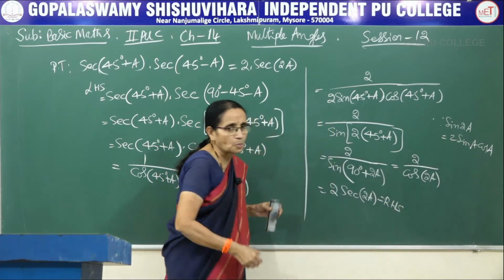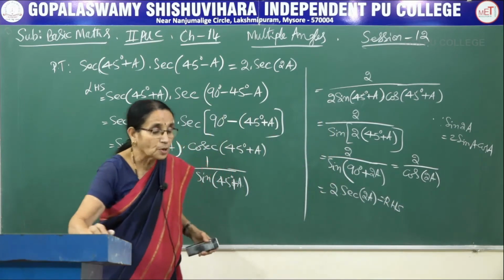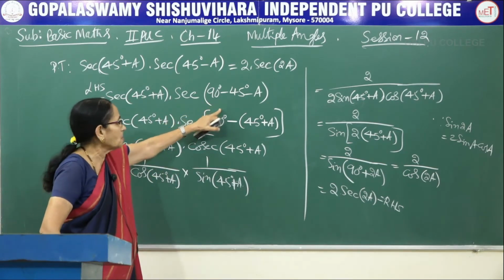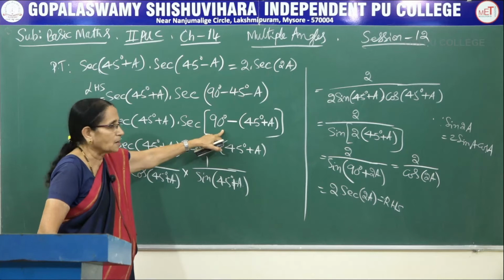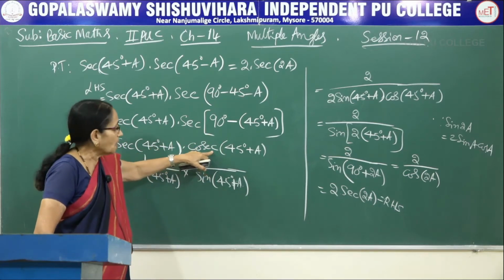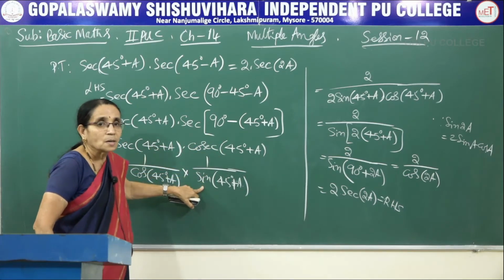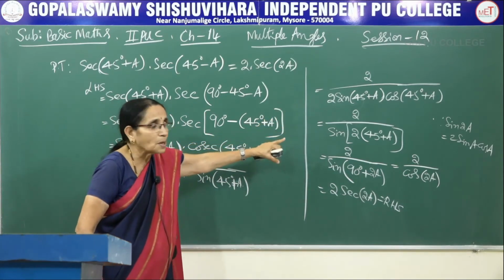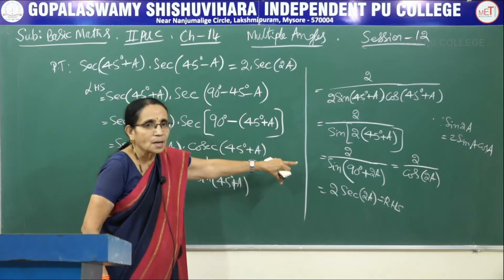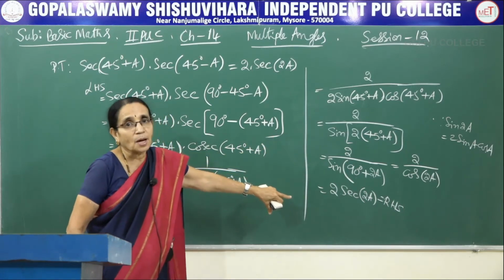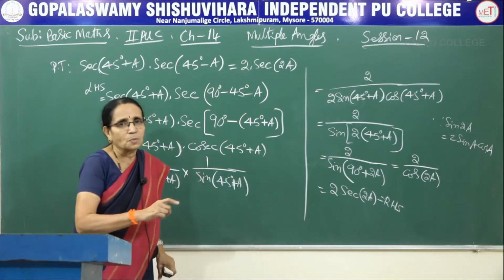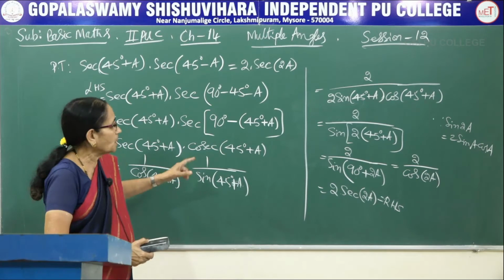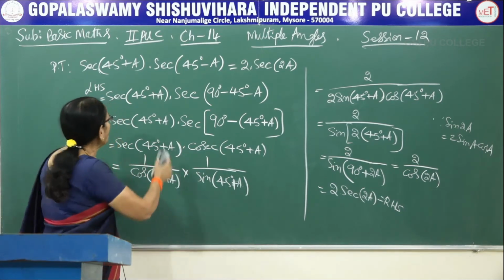See, in one problem, you observe so much information we are utilizing. First, we rearrange the number, and again we rearrange the angle here. We made use of the allied angle rule. We made use of the reciprocality, and we did some manipulation. We made use of the multiple angle formula, and again the allied angle rule, and again the reciprocality. See, so the basic information, I am not using any extra information. Using the basic information, finally we arrive at the required result.